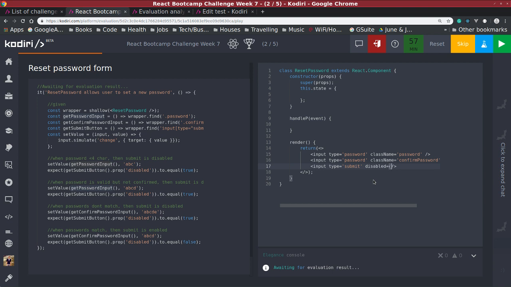and we want this to be something that varies depending on what our input is. So we could say disabled equals something belonging to state. That way every time our state updates, the submit's disabled status will update. So we could say this dot submit enabled. Now, if it's disabled, then it should be false. So actually, let's call it disabled. Directly write in this dot state disabled. So it should be this dot state dot disabled,